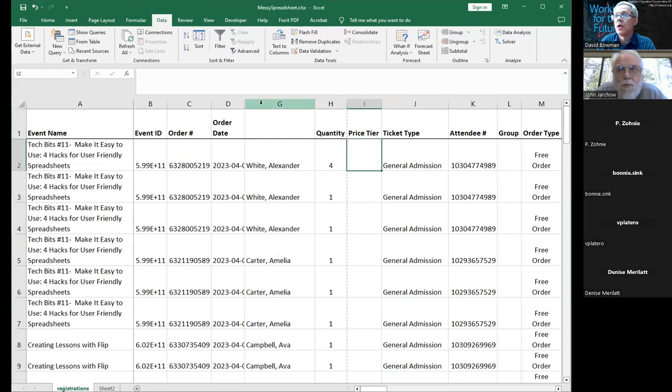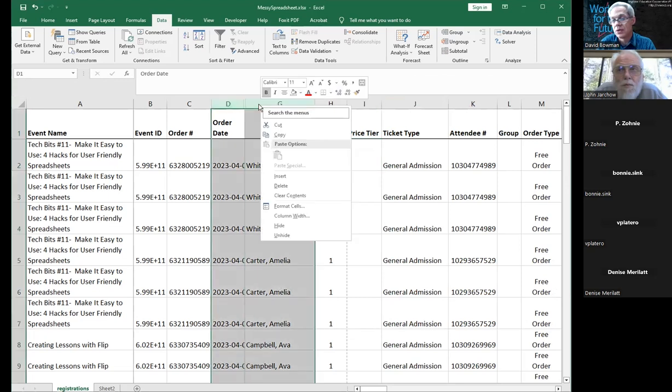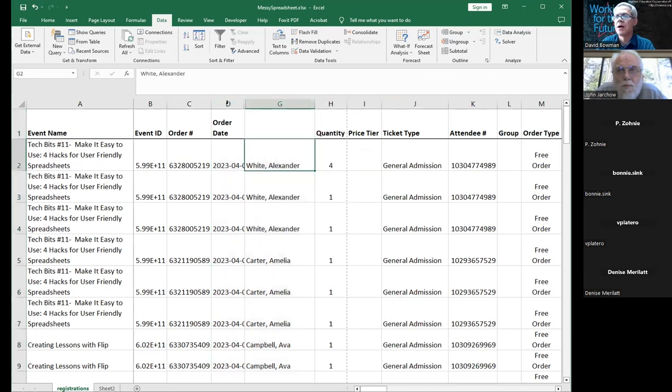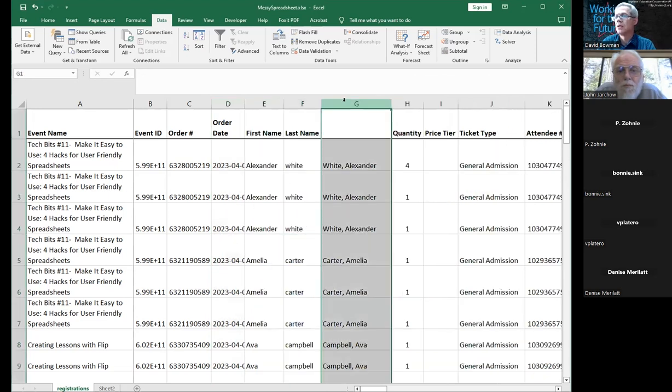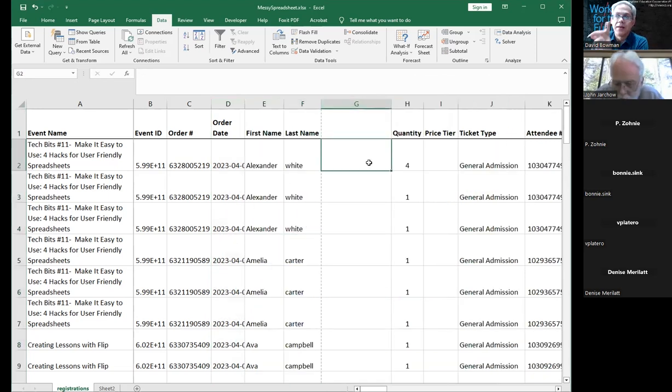So let's start with, let me unhide these. I'm going to do it kind of quickly. Okay. And there will be a video also, so not to panic. Let me insert, what do I want to do? I'm unhiding. That's what I'm doing. Unhide. Okay. So first, to merge information,